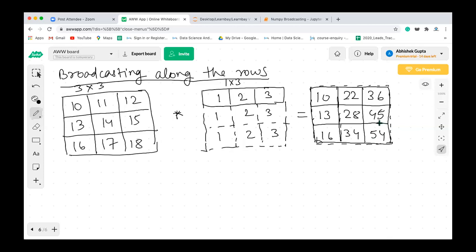This is what is called broadcasting along the rows. It means you have one multi-dimensional array, you have a single dimensional array, and you are broadcasting it along the rows. Now we will go ahead and you'll see where the broadcasting is not allowed. But as of now, let's see all the possibilities of the broadcasting. Now there is another topic where we say broadcasting along the